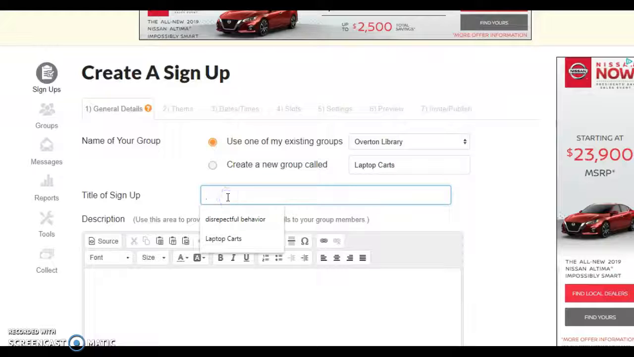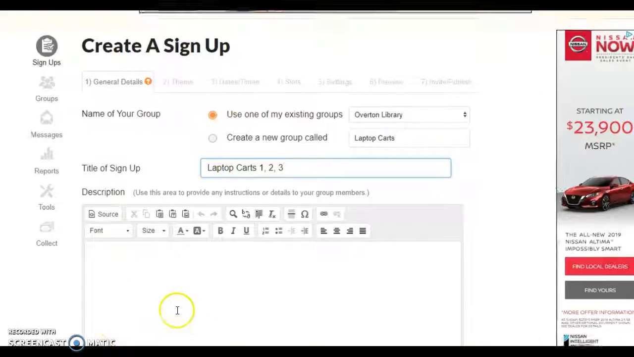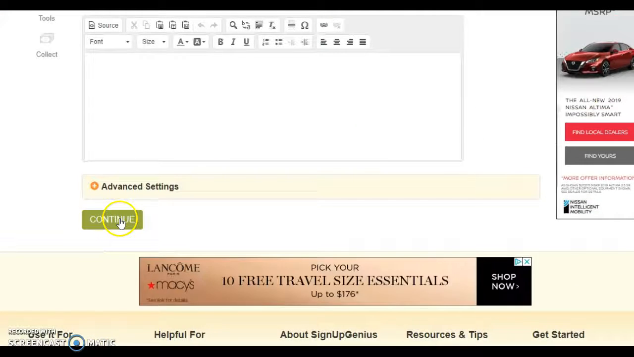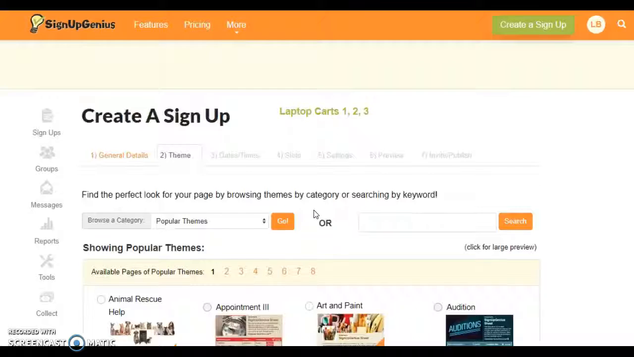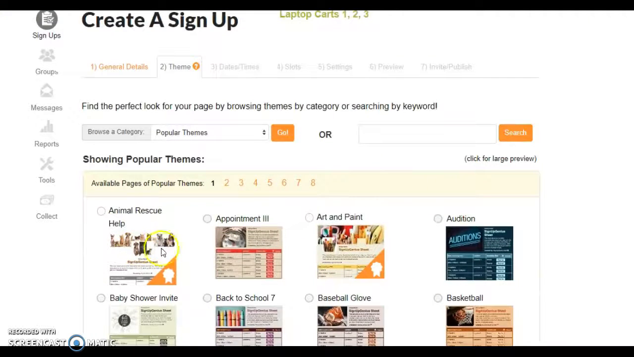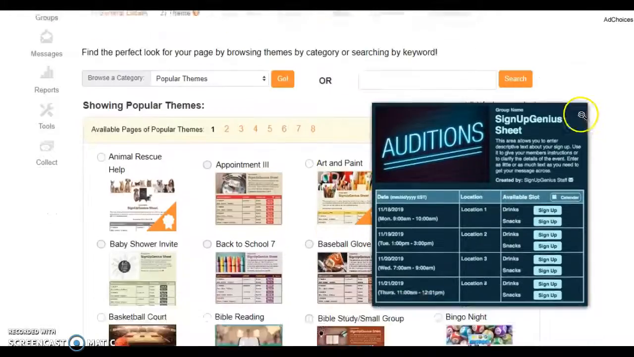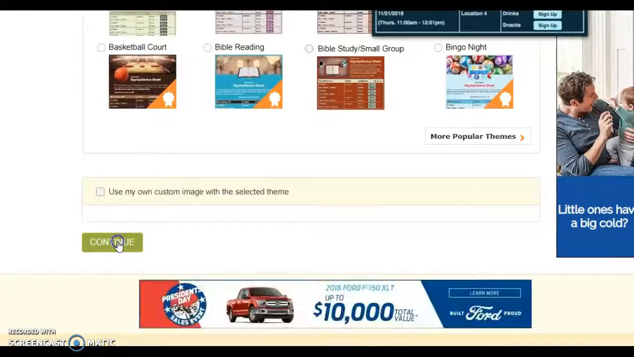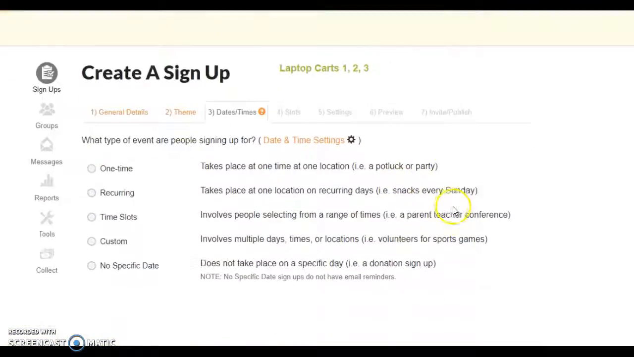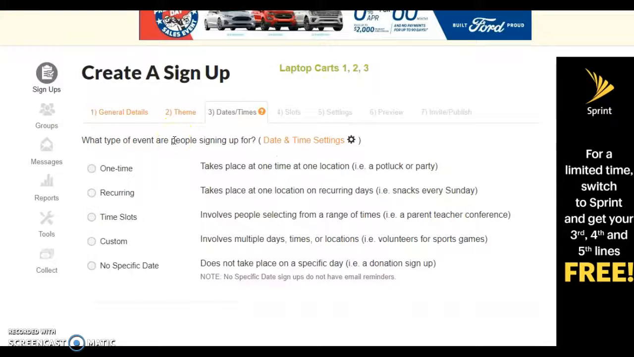You title it, so maybe you'll call this Laptop Carts, you know, 1, 2, 3. And then you click on continue, and then it just kind of walks you through. You pick a theme. I'll pick that theme, and then you go through. What type of event are people signing up for? We do time slots,